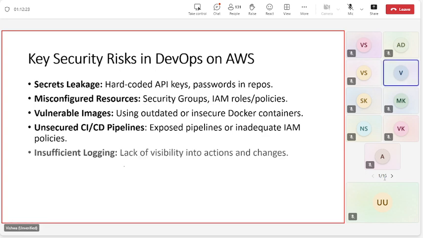Okay, insufficient logging. Something we usually do is, say for example, I was supposed to deploy it on an EC2 instance, right?